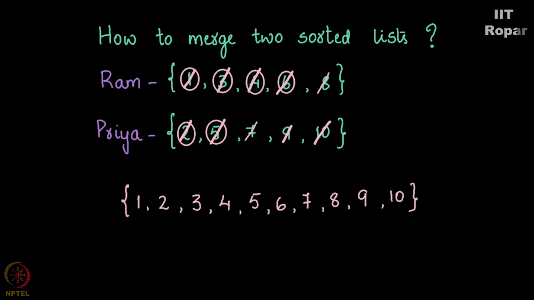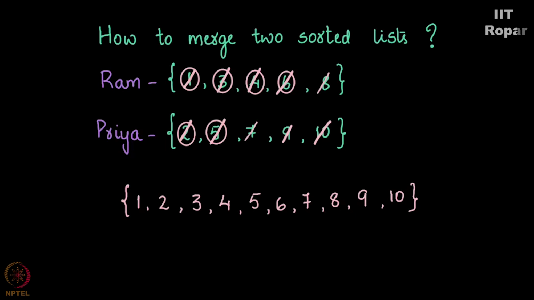I purposefully have avoided explaining in detail here. I want you to read between the lines of my explanation. Do you see that whenever we keep our fingers on the first two numbers and move these fingers as and when we pull them down into the universal sorted list, your finger definitely goes down whenever you compare two numbers? And ultimately you merge these two lists into a mega list.